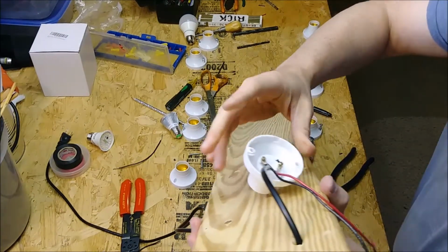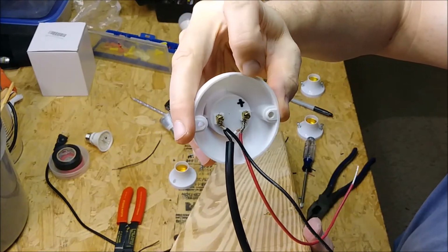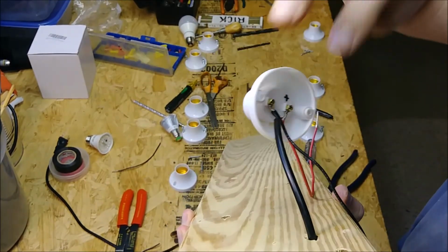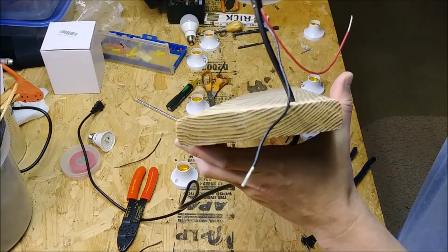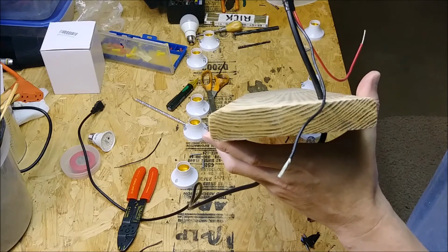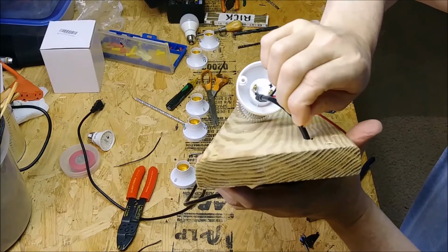Okay, so this is how it wires up. You've got your two wires going to your neutral, and your two wires going to your hot, and then they slip right back down through that hole and loop over to the next socket. Another tip: I'm going to put some electrical tape right there because this is your cord wire, so if it got pulled, you don't want to pull that first row out because that controls the whole strip. And start slipping your wires through the hole